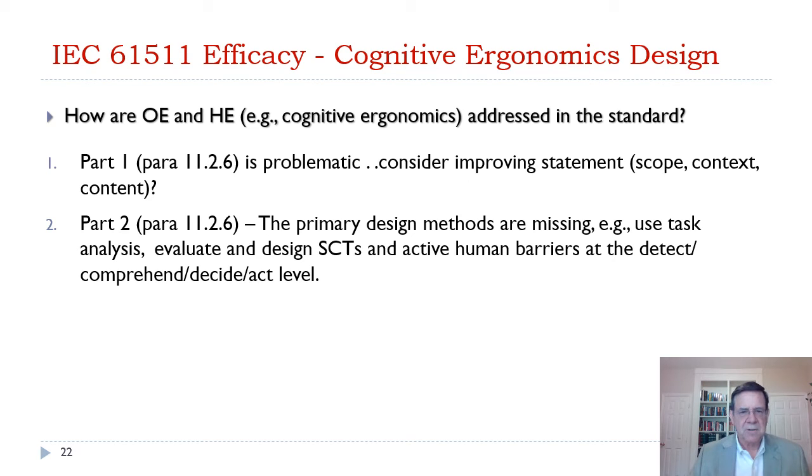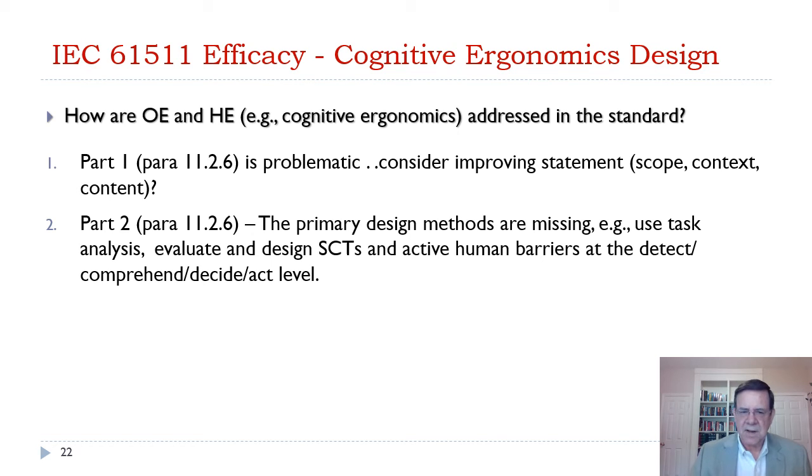So 11.2, which is a kind of odd statement here, if you're going to fix the standard to add safety critical task functions and task analysis, it could be reworded to talk about the scope of what it's addressing, and it's a hook into part 2, and here part 2 could introduce task analysis and safety critical task design